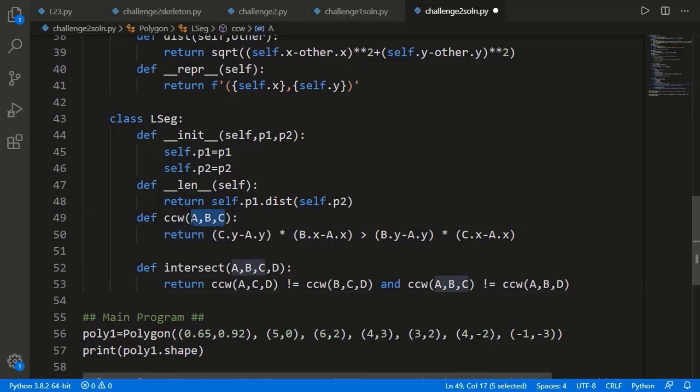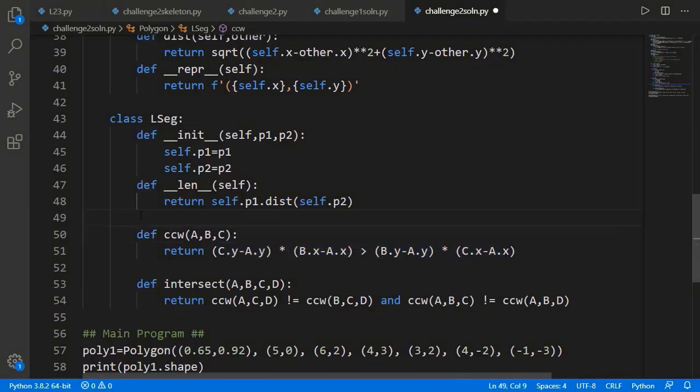For the first function, these a, b and c are points, and this code uses .x and .y for the x and y components. And we too use the same names, so therefore we don't need to change anything for this function. We will make it a static method since it doesn't need any line segment object.